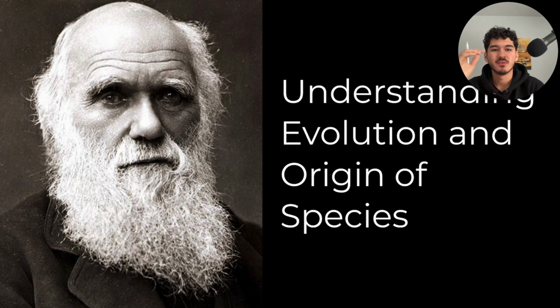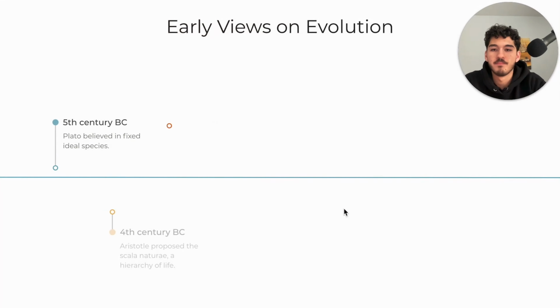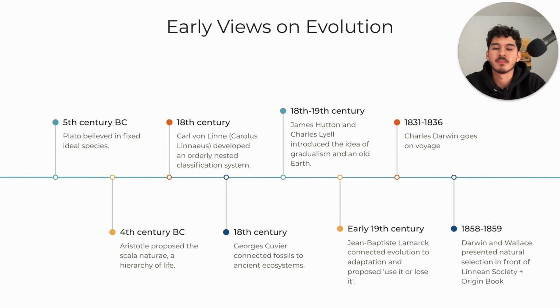In today's video, we are going to go over Charles Darwin, his theory of evolution, natural selection, speciation, and all the little things in between and how it relates to biology as a whole. So we're going to annotate as we go and try to make it a little bit more interactive, and let's just jump into it. Here we have Charles Darwin, and let's actually look at his early views,